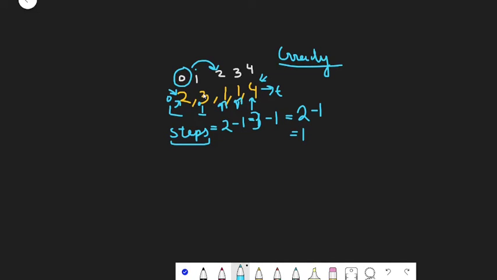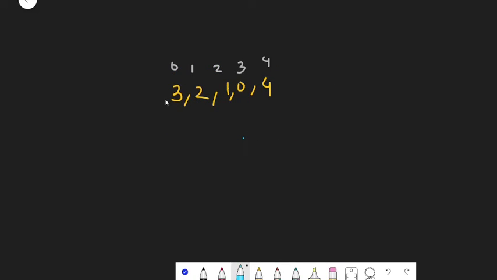Now let's see a different example where our answer would be false and try to use this algorithm in that problem. So let's take this integer array which contains elements 3, 2, 1, 0 and 4. Currently our I will be over here, and this is our target element. So let's take a variable steps or jumps, you can say, same thing.